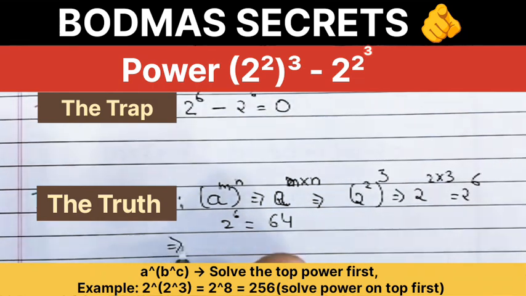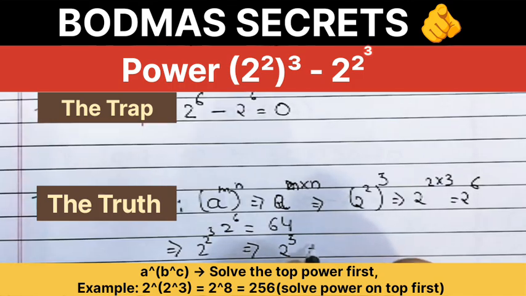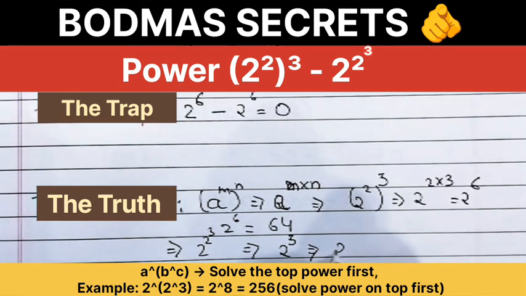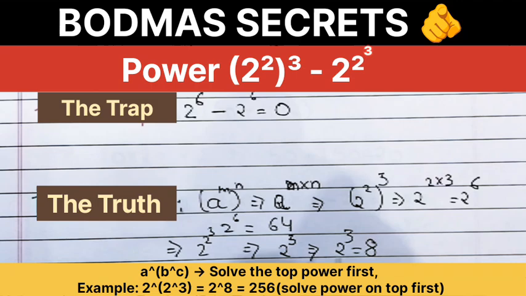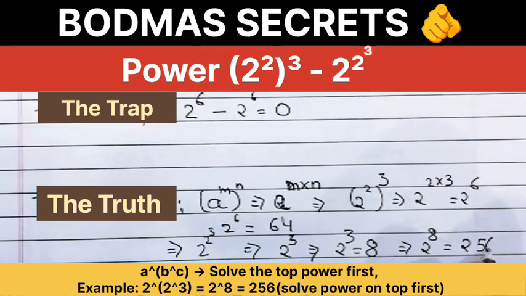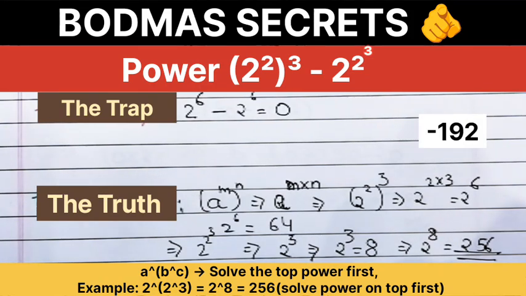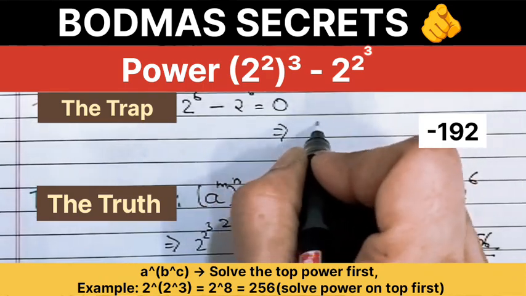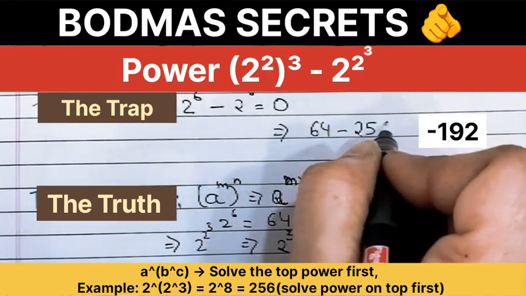Now evaluate the second term. The second term is 2 power 2 power 3. For stacked exponents without parentheses, the order of operations dictates that you work from the top down. The base is 2 and the exponent is the entire expression above it, so calculate the top exponent first. 2 power 3 is equal to 8, and this makes the term 2 power 8, which is equal to 256. Finally, we subtract the two results as written in the original equation. So now 64 minus 256 is equal to.